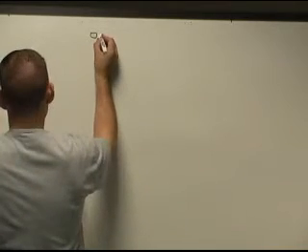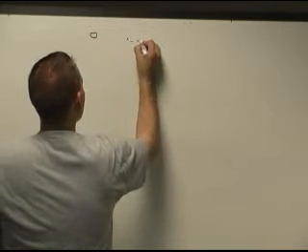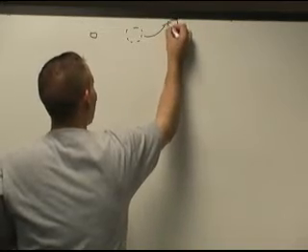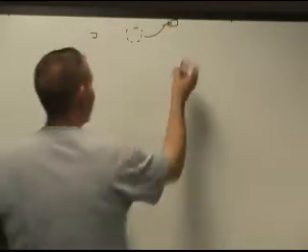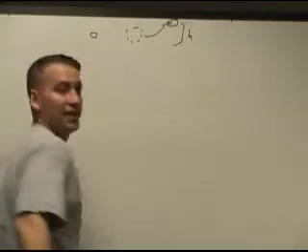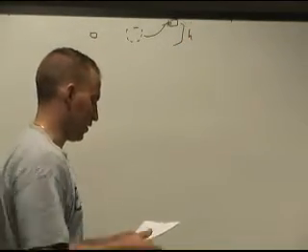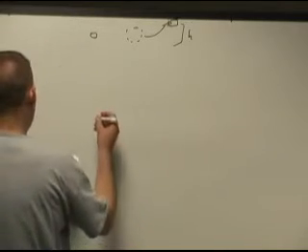Basically, you got a bullet coming in. It's going to hit a block. And that block's going to swing up. And the bullet's going to be in the block. So you know you got two masses connected. So with the two masses connected, you need to think inelastic collision. So for inelastic collision, your